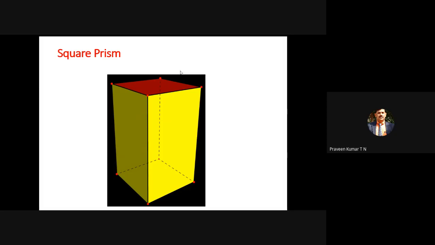Then imagine the 60 degree line is like this. It will intersect the front longer edge, and also the backside edge. Depending upon the inclination, it sometimes also intersects the rightmost edge, or it cuts the top edge at this point as well as this point. Those points you have to identify. So now I think you can understand.